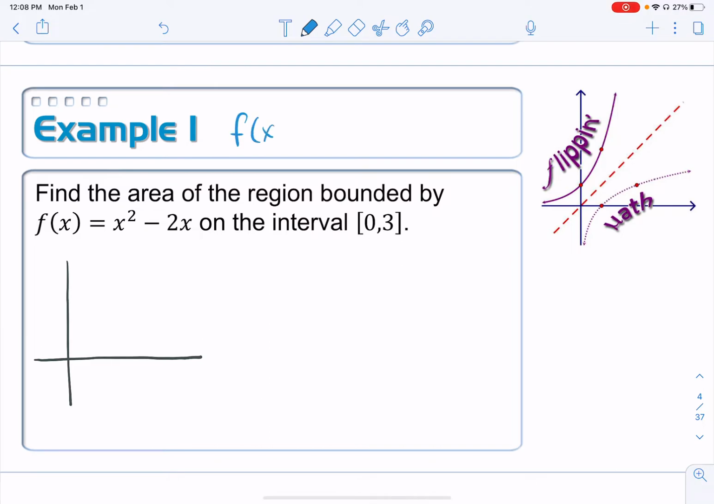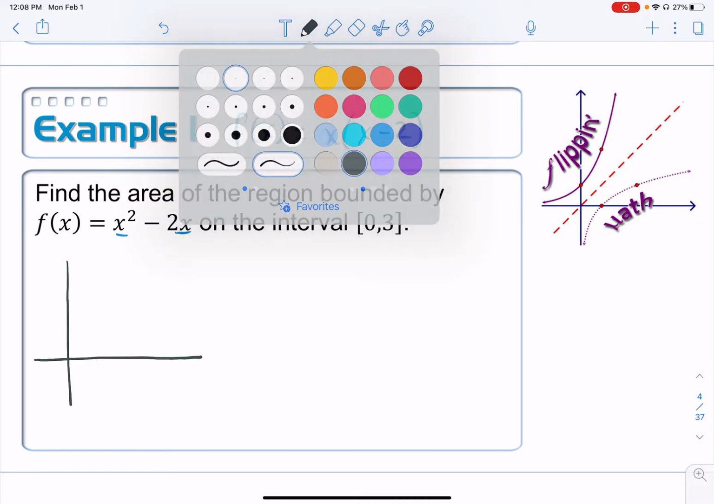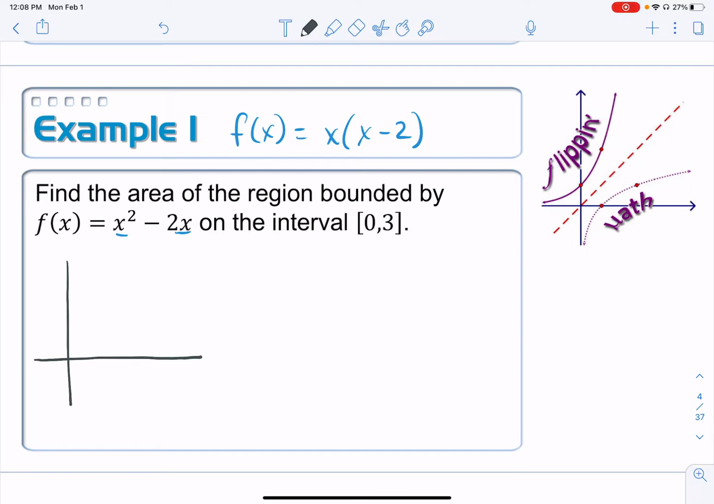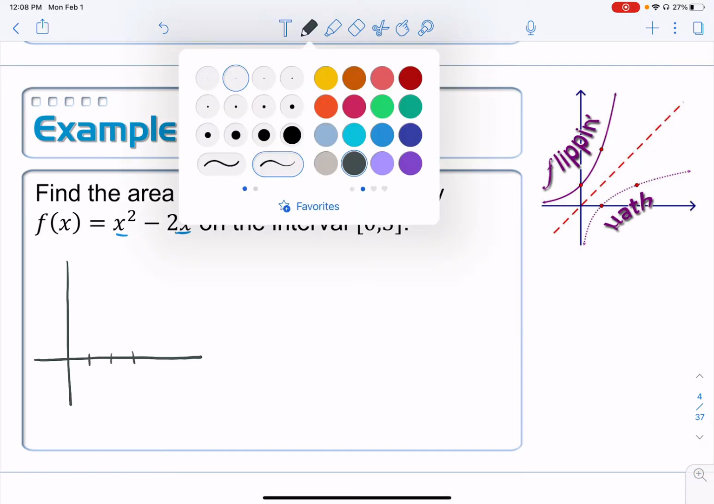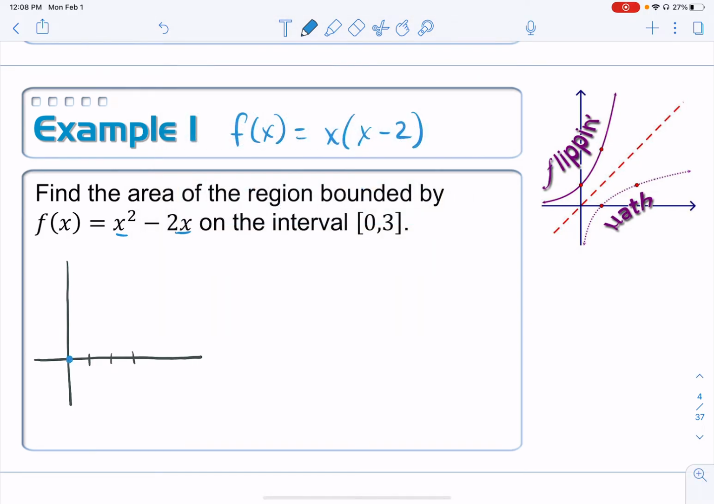There is a common factor of x here. Let's pull it out: x times (x minus 2). So we can do this with the intercept method. We've got two intercepts, 0 and 2. Yeah, that should be good. Let's throw in some x-intercepts here, at 0 and at 2. In our parabola, it's pointing upwards, so perhaps it looks something like